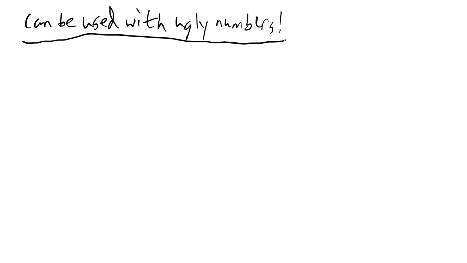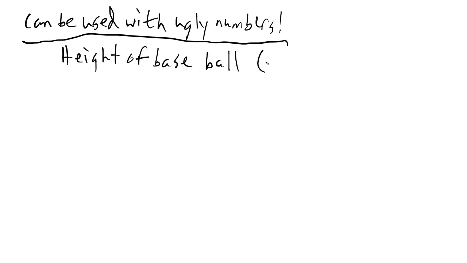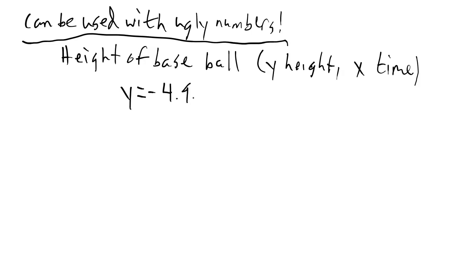Like, let's say we're looking at a baseball that was hit, right? Went up to bat and you hit a baseball. The height of that baseball, let's say y is height and x is time, would actually be represented in meters as something like y is equal to negative 4.9 x squared plus 6.5 x